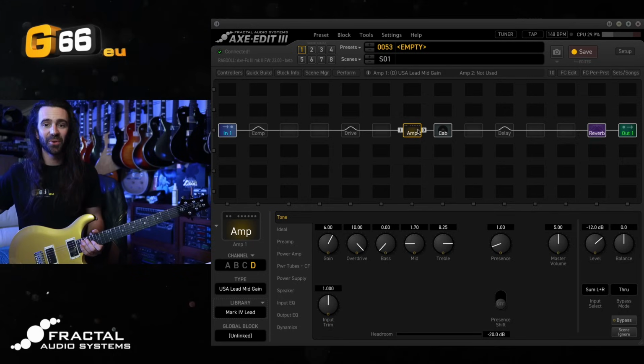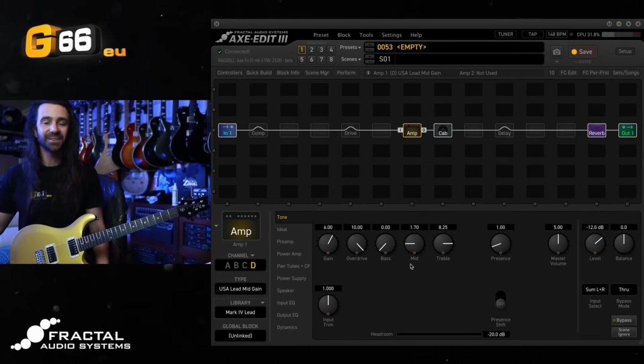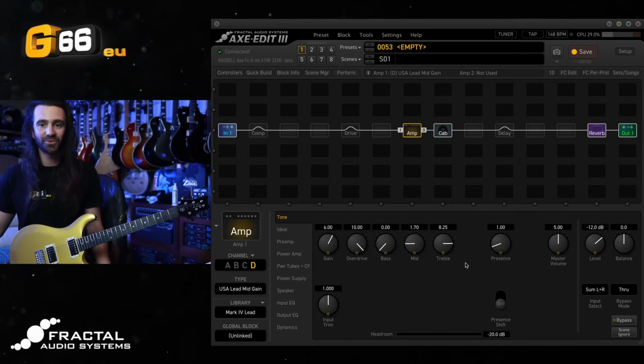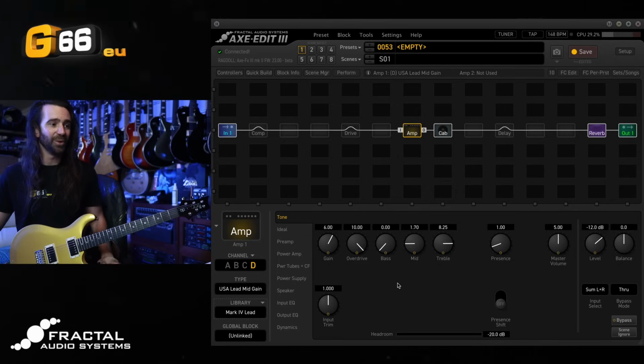Now I have included my personal favorite amp in here, the USA Lead mid-gain. There is a lead version and a chunky version in there, so you don't have to play around with doing all the Mark Series specific things, like setting the output EQ, setting the bass, middle, and treble for a kind of clear, articulate distortion. You can, of course, just use these as starting points, but I'll let you hear the